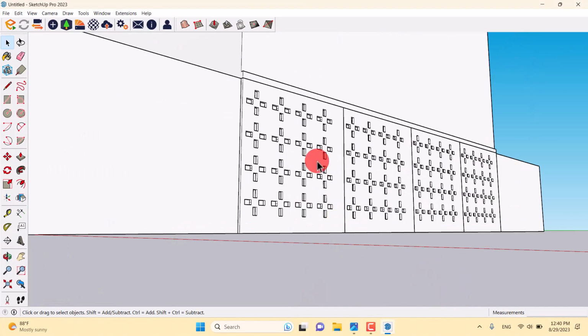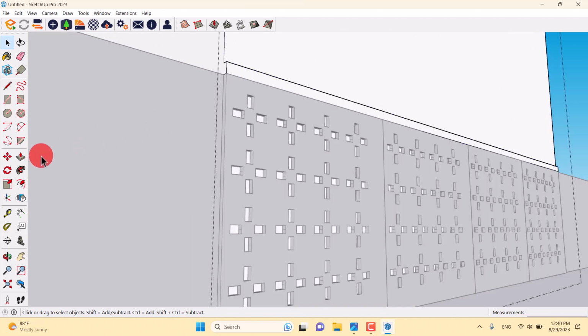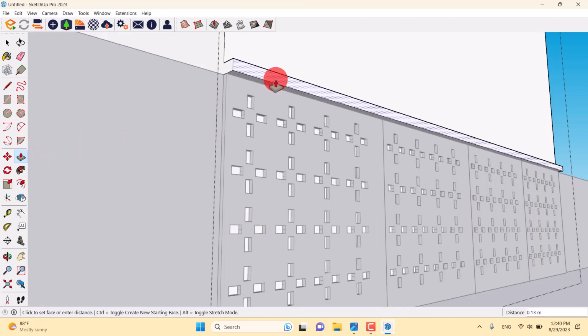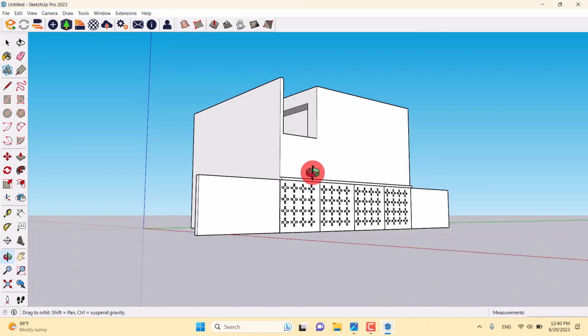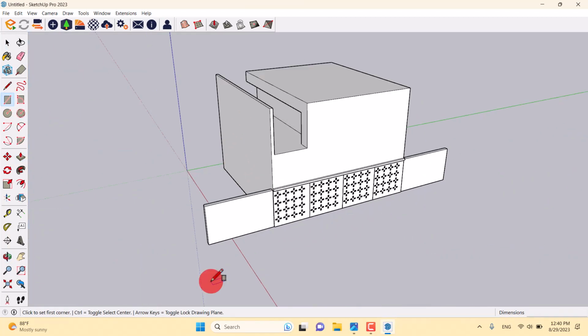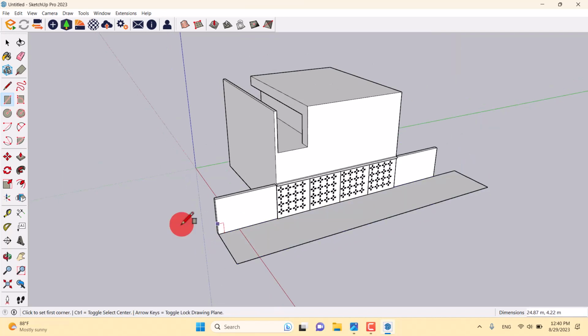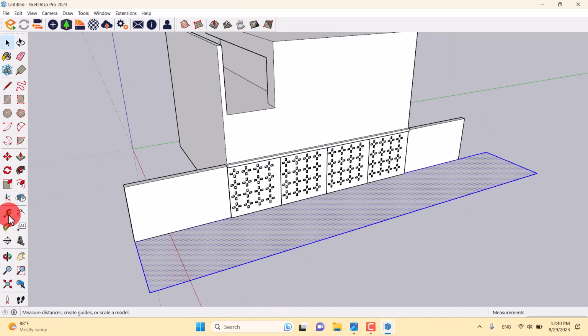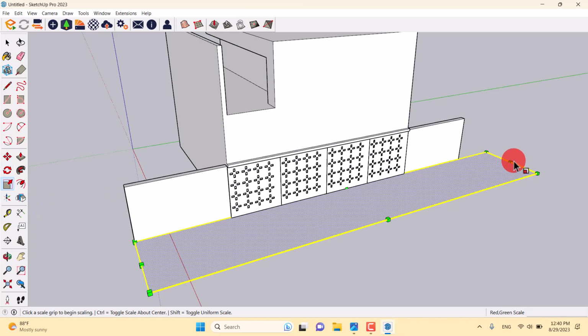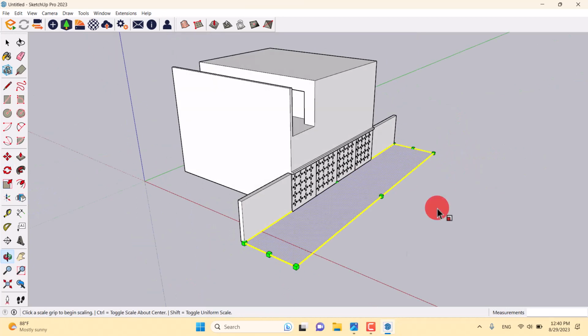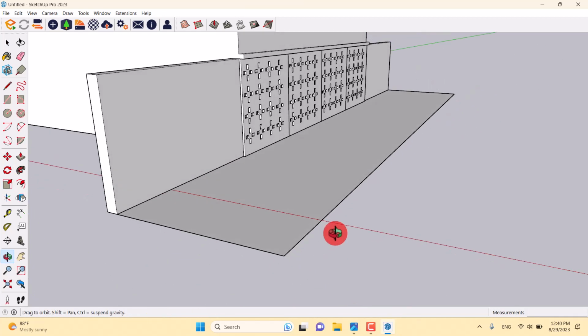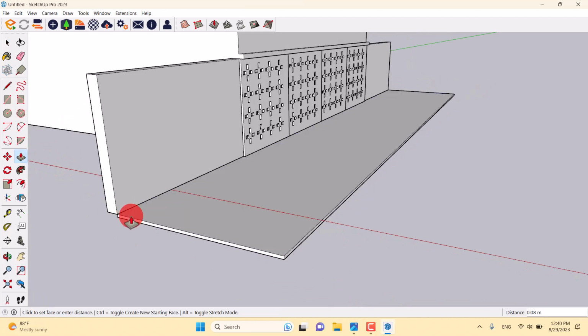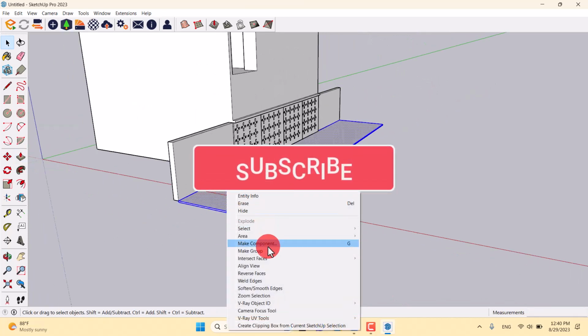Alright, now as you can see, this is the final result of our job. I'm going to extrude this edge a little bit more than the past, something like that. And I'm going to use the rectangle for creating my sidewalk and use the scale option in here for rescaling it like this. So I'm going to use the extrude option and create my sidewalk like that and make it